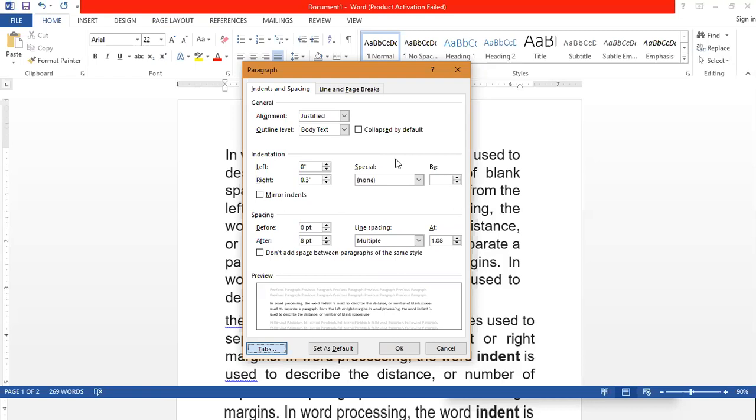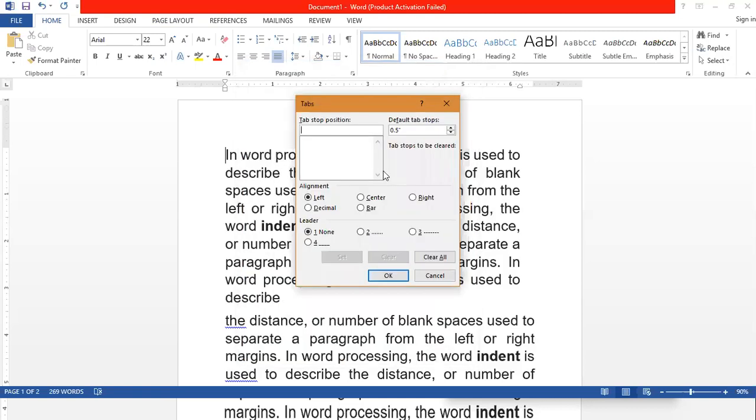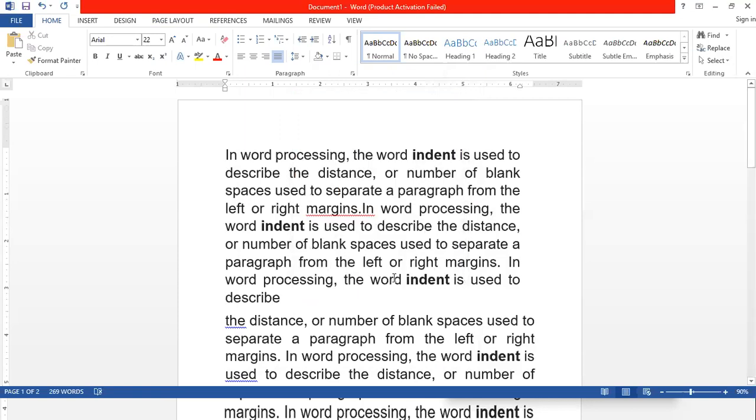Click on that and this is the dialog box for tab setting. By default it is set to half inch, but if you want to change it, then you can increase or decrease that tab space. For example, suppose now I'm going to set it to 1 inch. Click on OK, and now the tab setting has been saved to give a space of 1 inch.